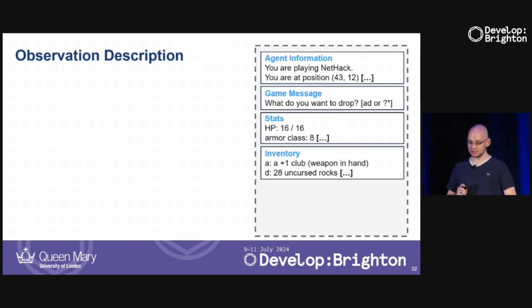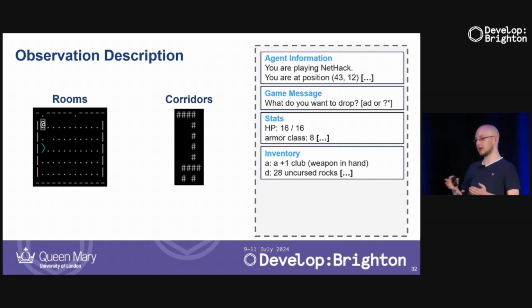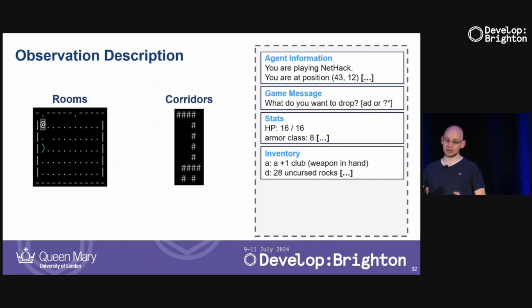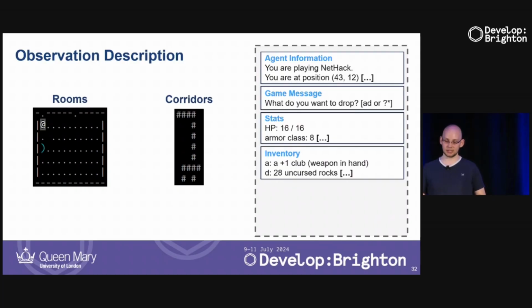And this brings us to the actual difficult part, which is the map. How do we describe a map to a large language model? That's not very easy unless we have, again, access to a multimodal LLM that can actually understand images. I tried to use one of those multimodal LLMs. Sadly, they've been mostly trained on real-world data, so they don't really understand these more abstract representations. Even if we use a more sprite-based view instead of ASCII, they have a lot of trouble fully understanding what is happening in the game.